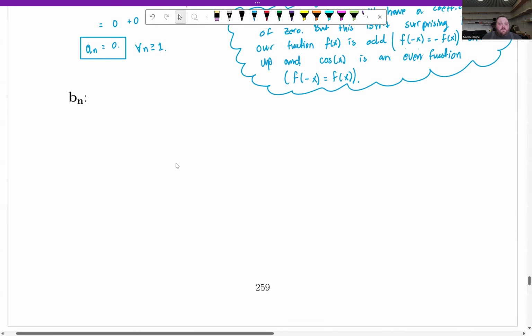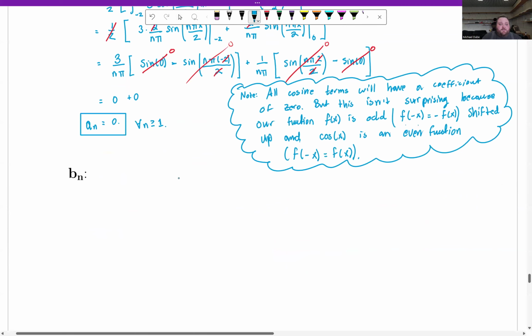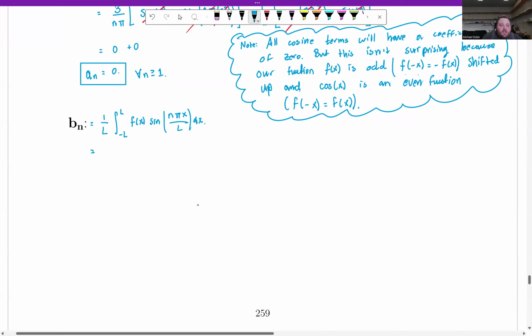Okay, let's do our final integral to find our values of b_n. And this is equal to 1 over L times the integral from negative L to L of f of x sine of n pi x over L dx. Okay? And so we will then plug in our value for L. We have 1 over 2 from negative 2 to 2 of f of x sine n pi x over 2